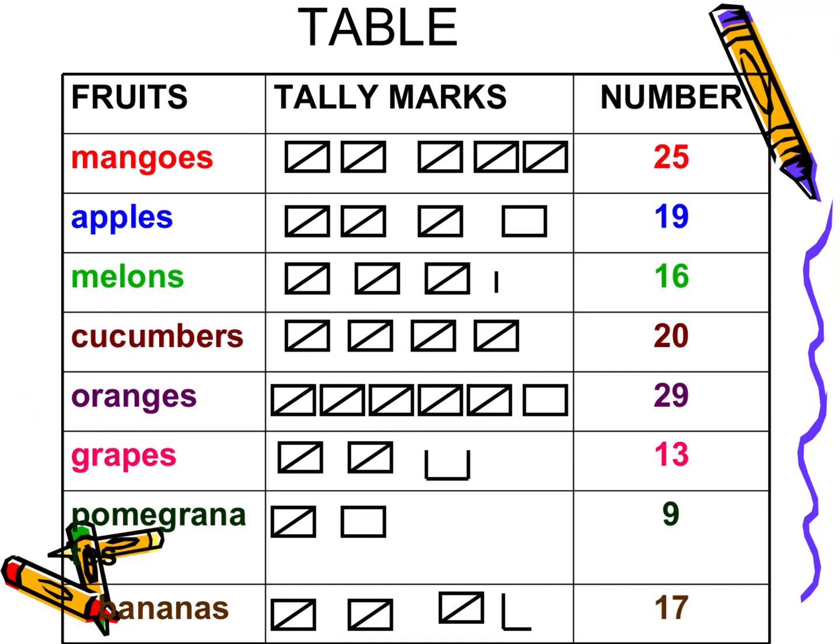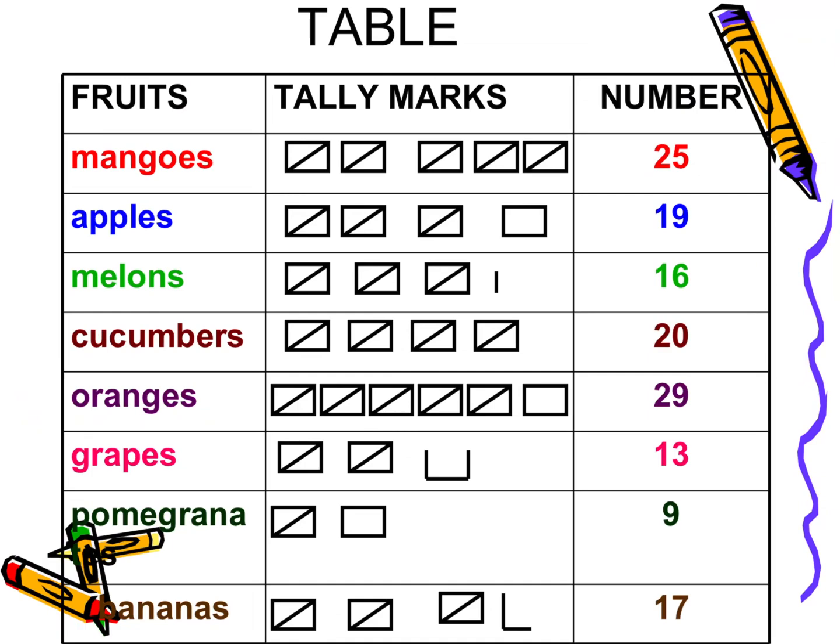Now come to melon. How many 5s are here, children? There are again 3. So 3 5s are 15 and another extra 1. So 15 plus 1 is 16. So 16 friends of Minnie like melons. Now come to cucumbers. Now children, see how many 5s are here? There are 4 5s. So 5 4s are 20. So 20 is the number of the friends of Minnie who like cucumbers. So she wrote immediately 20.